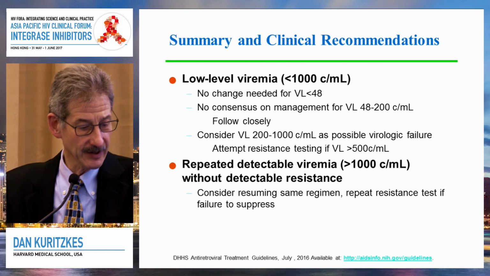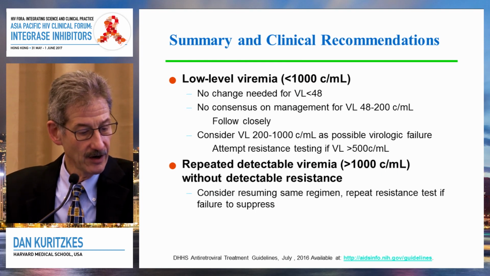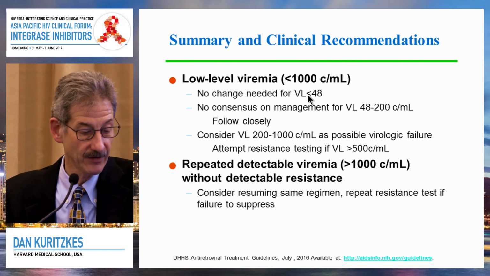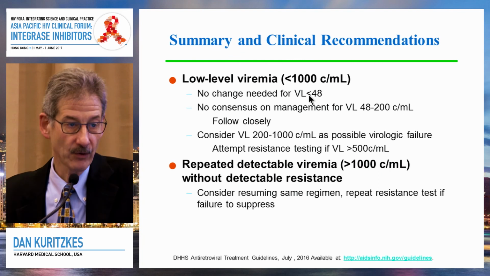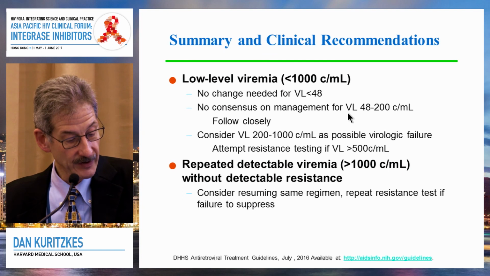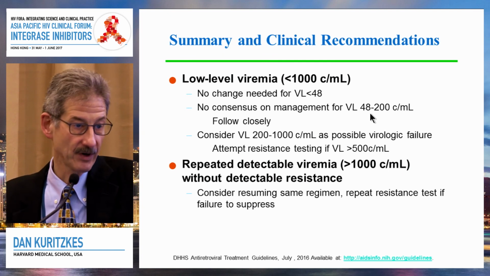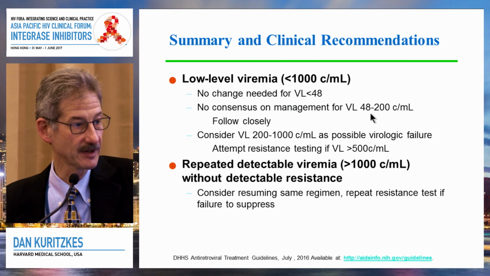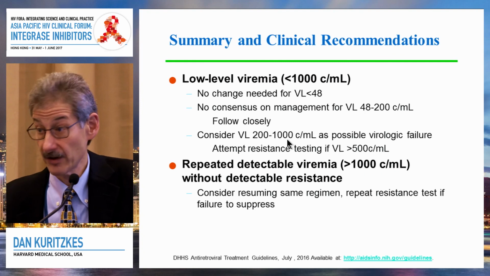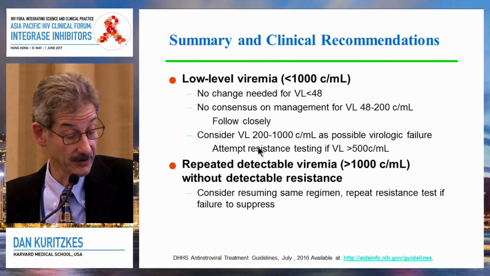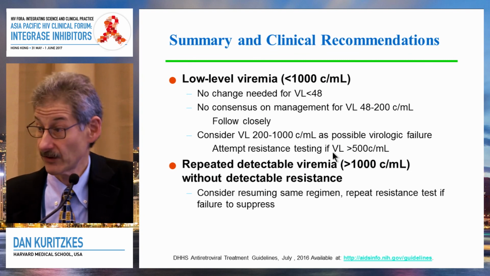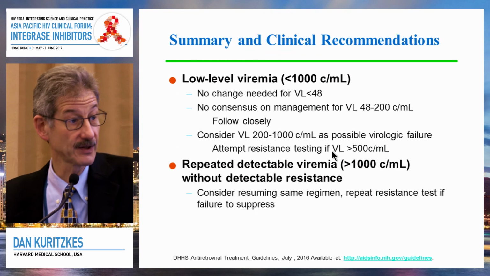So to summarize and to leave you with some clinical recommendations, for low-level viremia, no changes are needed if the virus load is below 48 copies. That was the old limit for one of the assays. And there's no consensus for how to manage patients with between 50 and 200 copies, except to follow them closely. But for those who have more than 200 copies, consider them as possibly having virologic failure and attempt resistance testing if the virus load is above 500 copies, or if your lab is willing to attempt to do resistance testing on these